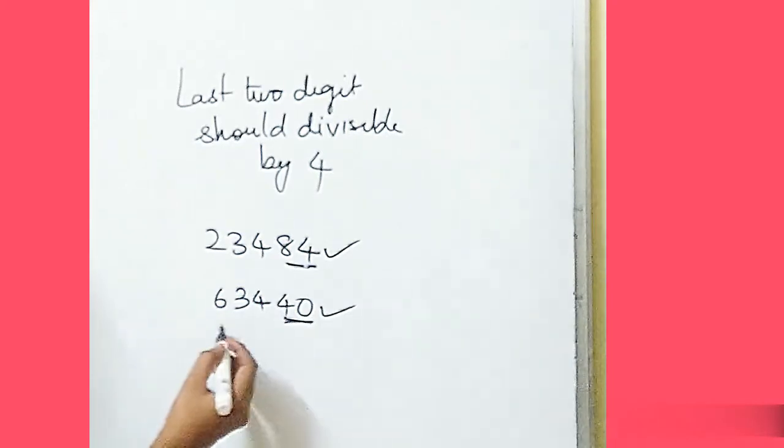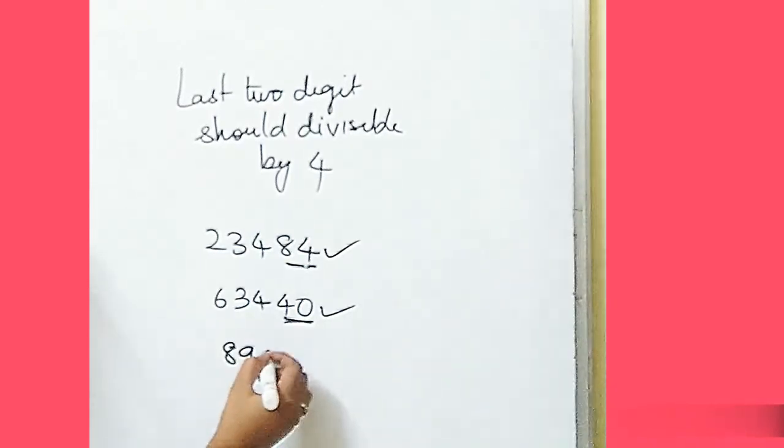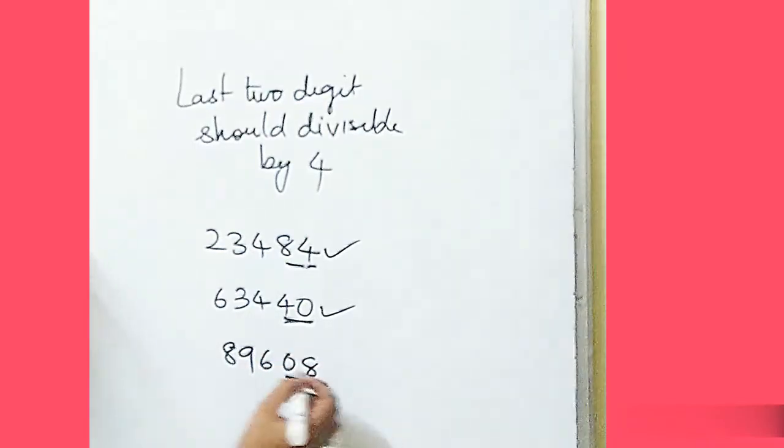Now we'll see the next one. If you want, you can cross-check with your calculator, students. Very simple. This is the way you have to determine. This is the way when you proceed with the divisibility test, you have to see which number will come in which table, like that. Okay. Now see, 08.